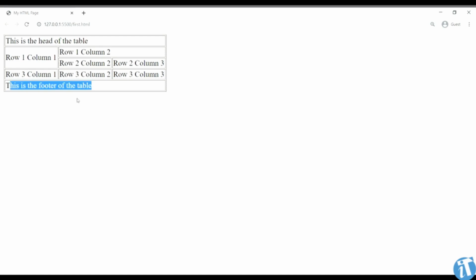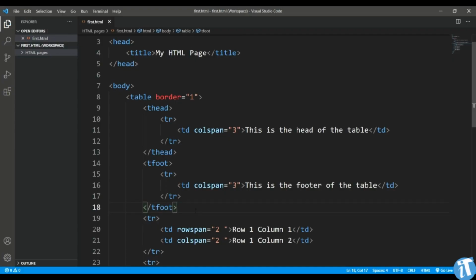Alright. So these are the different attributes and different tags inside a table which you can use for designing a table. And as I said in the description, you can use the nested table in order to make the designing